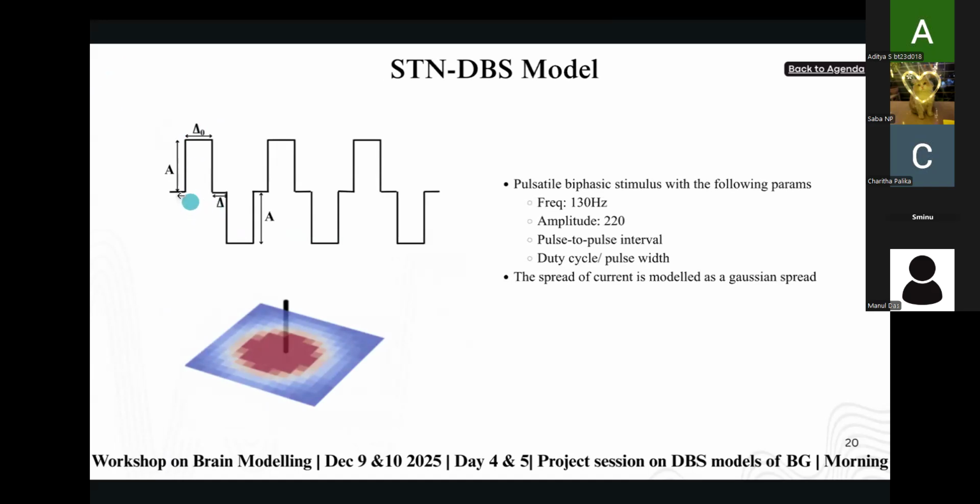So this is what I meant by biphasic pulses. That is, for every positive pulse, there is a negative pulse. And generally, people tend to keep the frequency around 130 hertz. Okay. Now, whenever I want to define any kind of a DBS pulse in a model or even when you're stimulating,